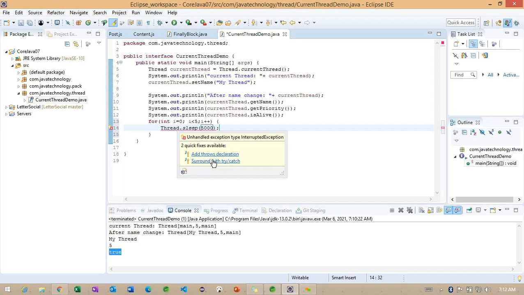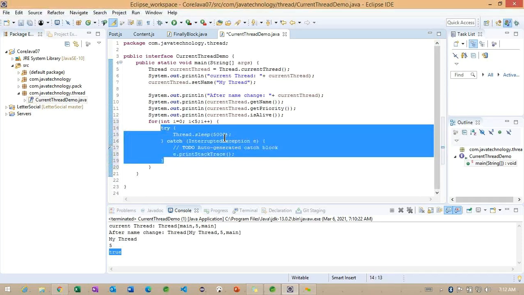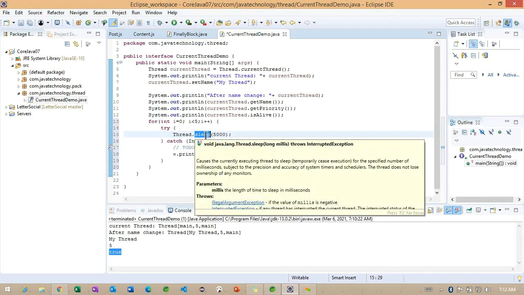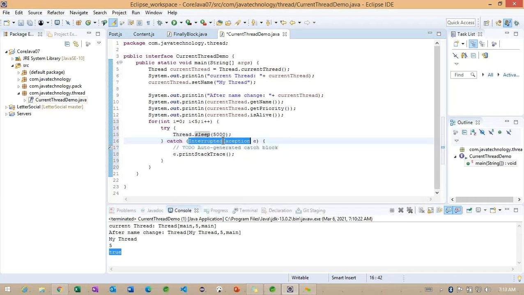It's going to throw an exception called InterruptedException. Whenever we call this sleep method, it throws InterruptedException. Basically, while the current thread is sleeping, if some other thread tries to interrupt the sleeping thread, we may get this kind of exception, InterruptedException. Because of this, we handle it using a try catch block. As of now, I'm not going to provide any information regarding this InterruptedException.